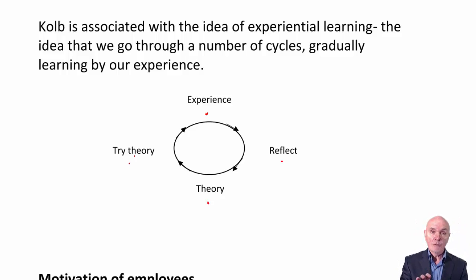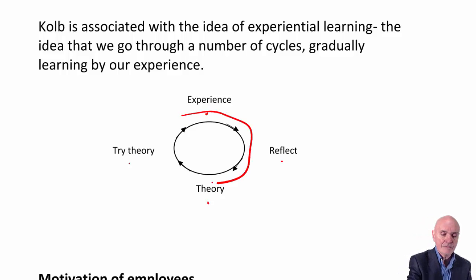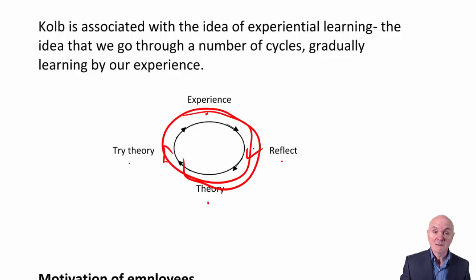And if it still doesn't work, then in a way, that's your experience, and it doesn't work again. You reflect and say, well, I've tried 3 people, and it still doesn't work. I wonder why it didn't work. Maybe it's because the price is wrong and so on. So the idea is you go round and round this, hopefully learning bit by bit what works better through good or bad experiences and your theories and experiments about what is affecting it.